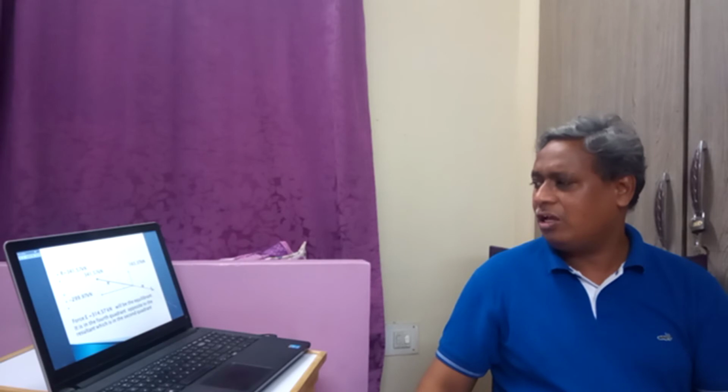We have seen that when two forces are collinear, they can be added algebraically. That is why R and E, since they are opposite and collinear, can be added. Finally, they give the resultant: if R is 341.57, then E will be minus 341.57, that is, in the opposite direction.